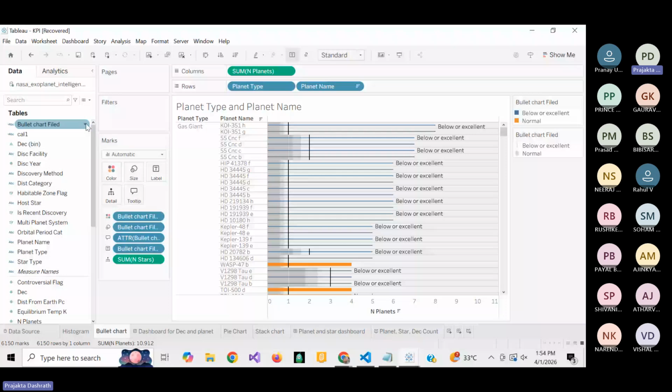I will repeat. KPI in my case is the sum of n planets and n stars. These are the two columns I'm considering for my result analysis. I am truly focusing on measures here, not on dimensions. How can I identify? I'm focusing on measures. These are the measures, n stars